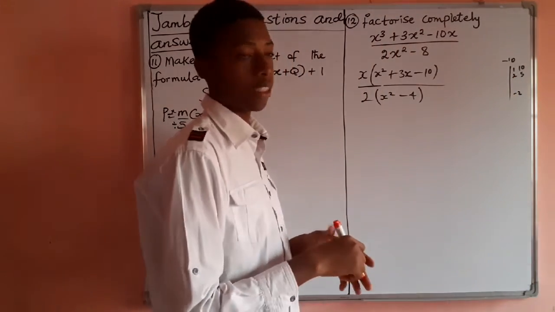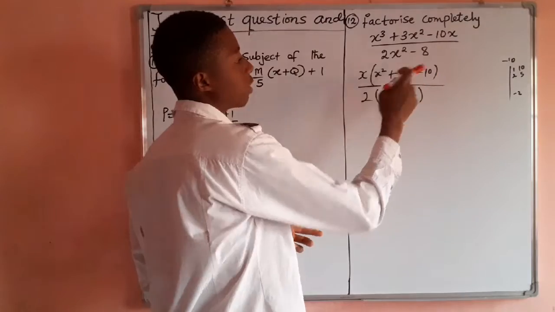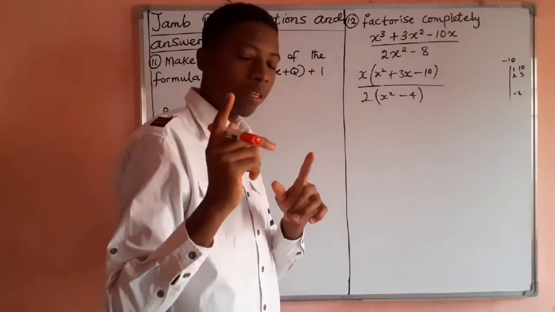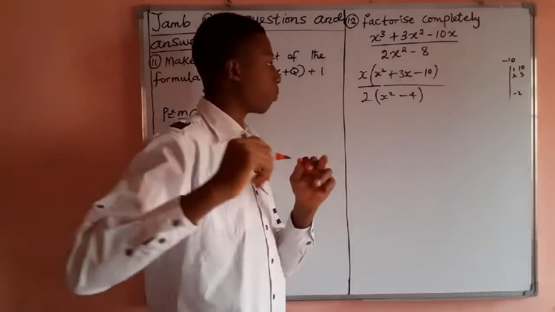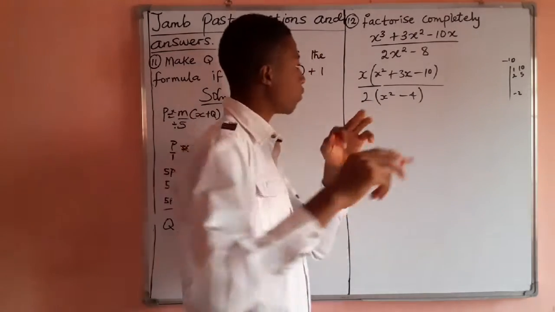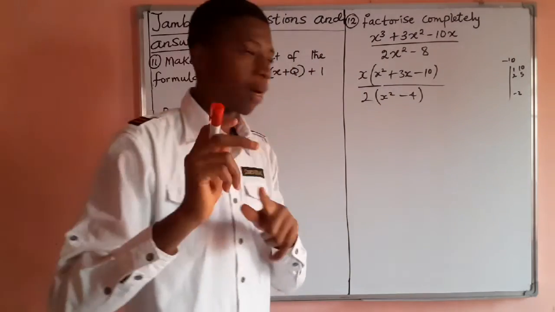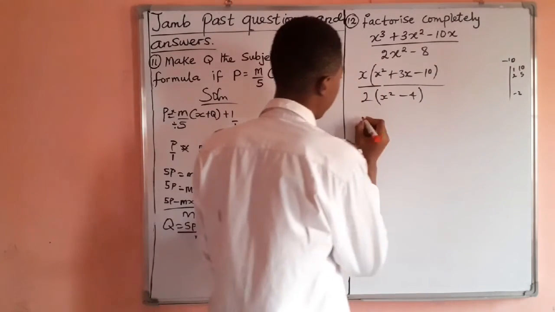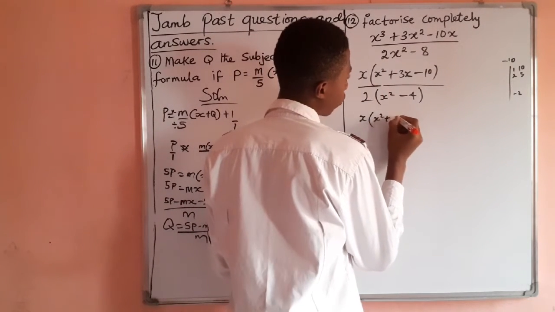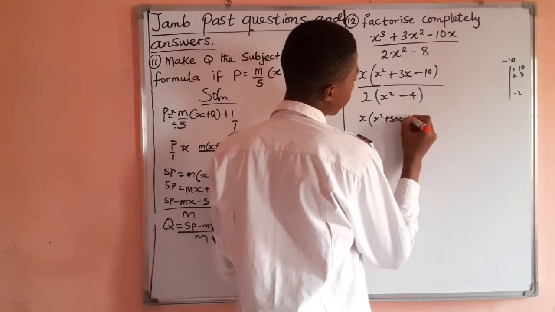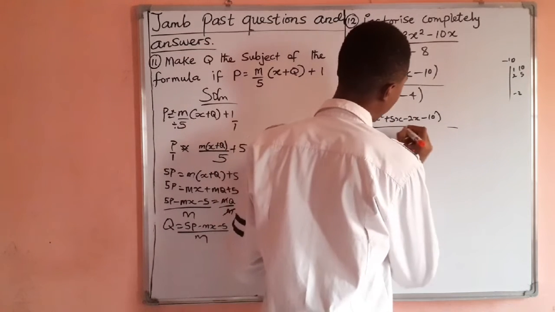One of them has to be negative since we're having minus 10. 5 times minus 2 will give you minus 10, and 5 plus minus 2, plus and minus goes, so it becomes minus. So 5 minus 2 gives you plus 3x. That means our factors will be plus 5 and minus 2. Let's express that. x, open bracket, x squared plus 5x minus 2x minus 10, all over